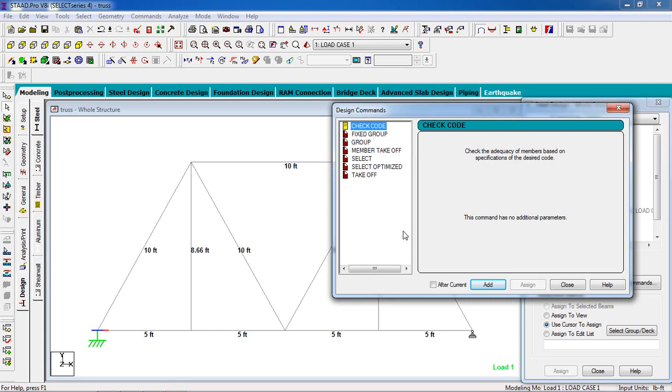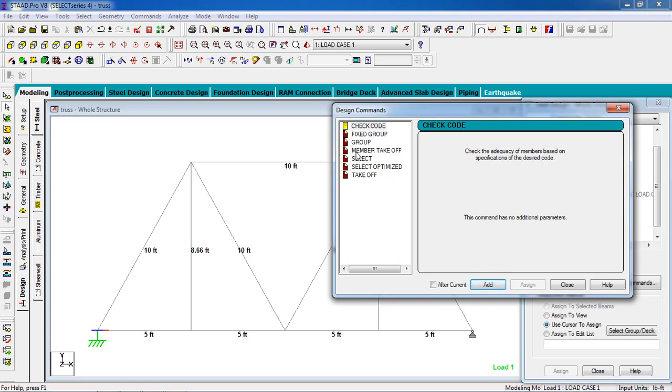This is the purpose of check code. The code will check my drawing. Now add it. You can see, check the adequacy of members based on specification of the desired code.